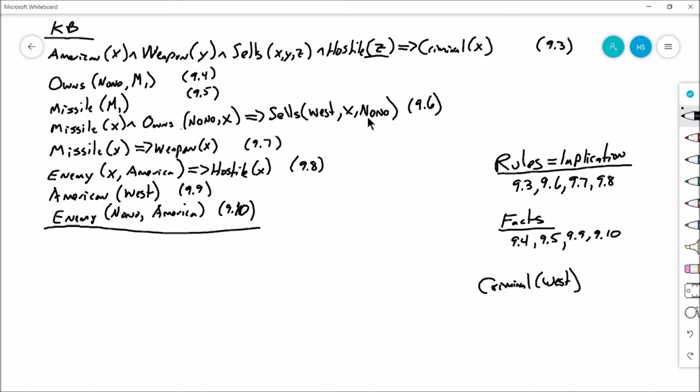All right, so let's start doing it. What can we satisfy here? Well, let's look at 9.6. We're going to have to go through these other three rules before we can satisfy 9.3. Anyway, 9.6: Missile(X) and Owns(Nono, X). Is there any existing fact that we can plug in for the premises of that implication? Well, yes. Look at Missile(M1). We could substitute M1 for X here, and that would create